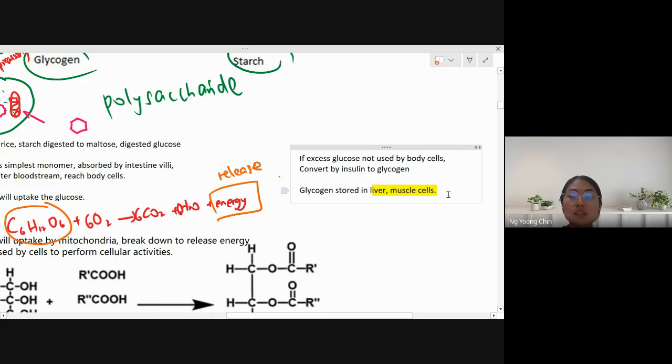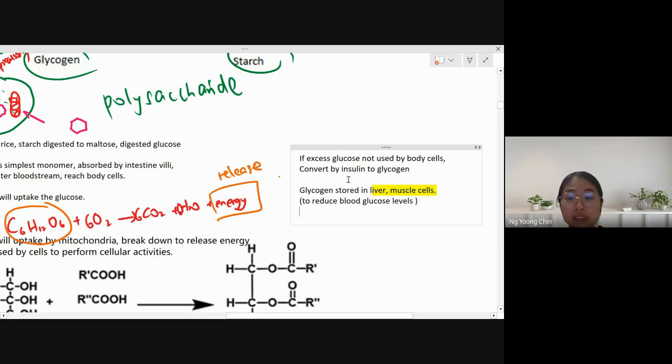So why are they doing this? Because they want to reduce the blood glucose level. If you have excess glucose not used up by your body cells, the glucose will stay alone in your bloodstream. This will cause a constant elevation, an increase, of your blood glucose level, which has a very bad impact on your health. Usually diabetic people are unable to control their glucose level, so they require artificial injections of human insulin.